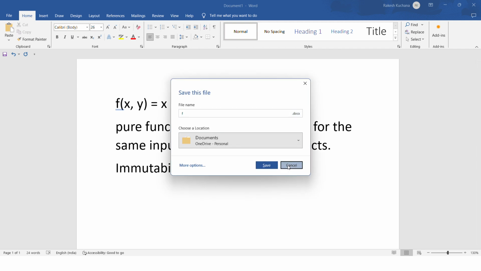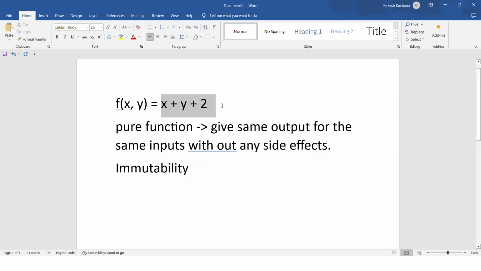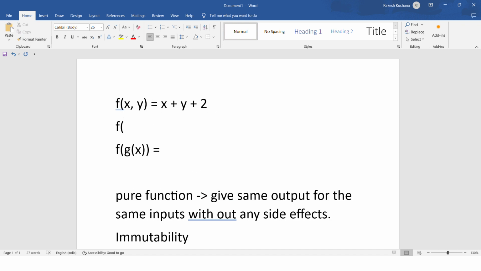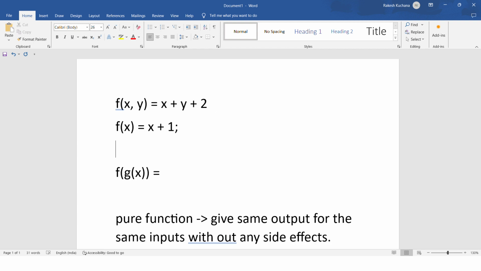Now, okay, this is fine. Now if you look at the mathematical functions, did you see this? We also compose the functions, functional composition. What does it mean? Let's say I will do like this also: f of g of x, right? Let's say f of x equals x plus 1, and let's say we call it g of x equals x plus 3. f of g of x equals, if I define h of x,